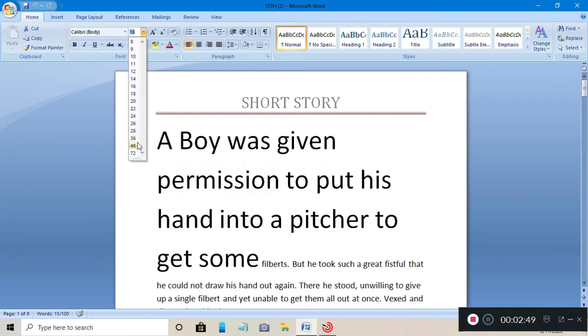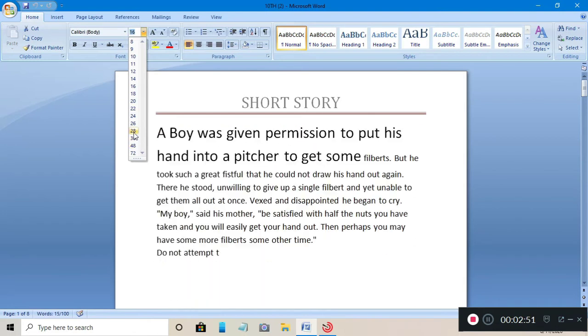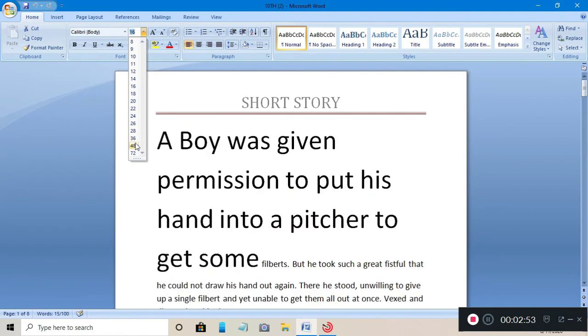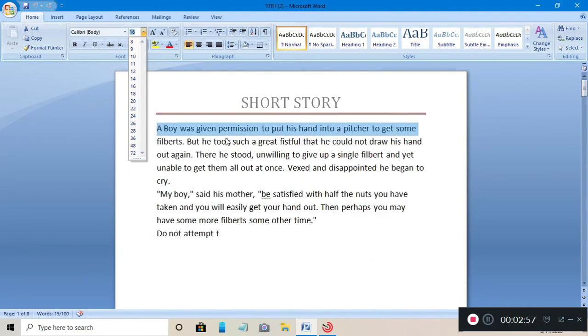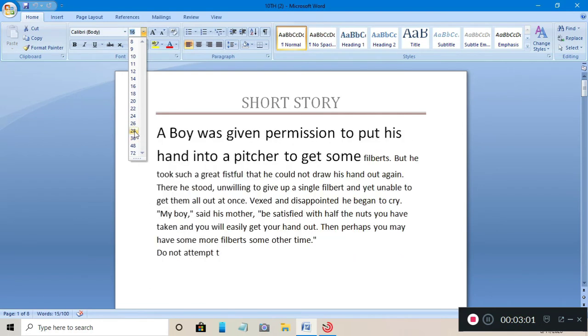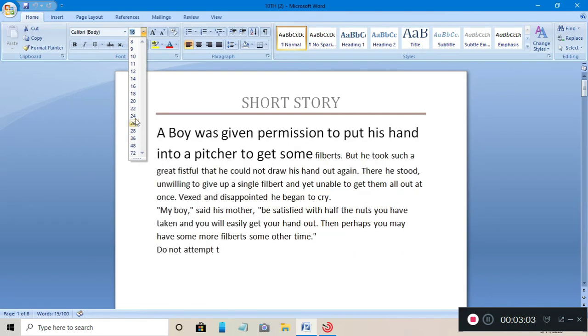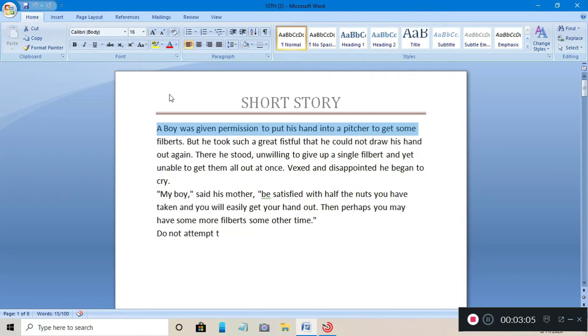So this way you can increase the value. The way you increase the value, on your sheet it will show you the example. So this is the first way to increase or decrease the font size.